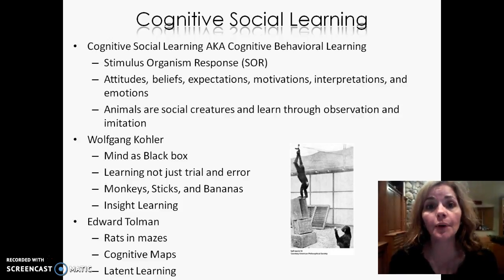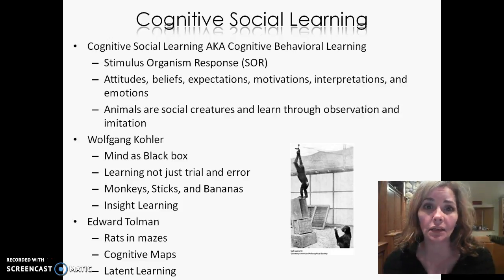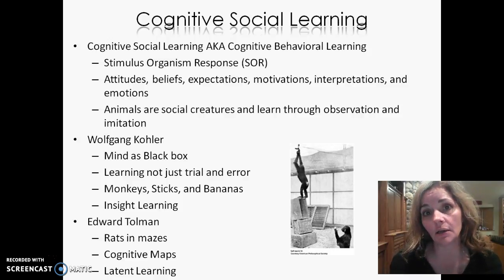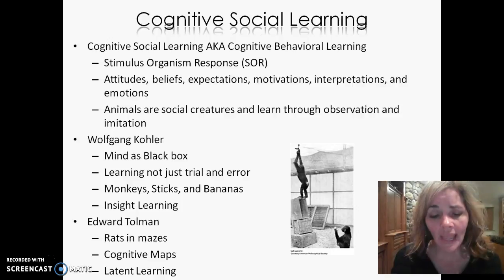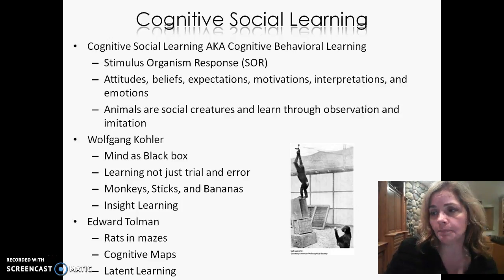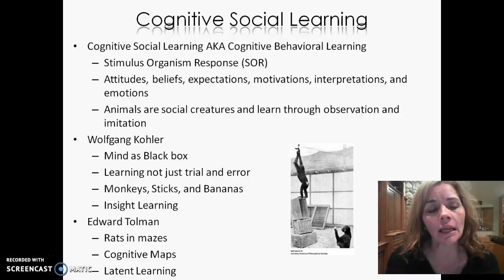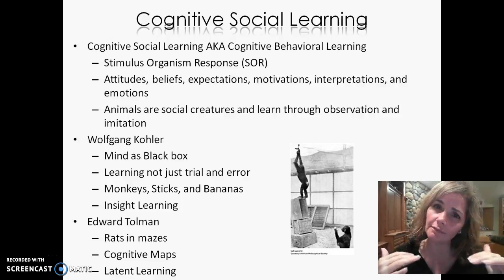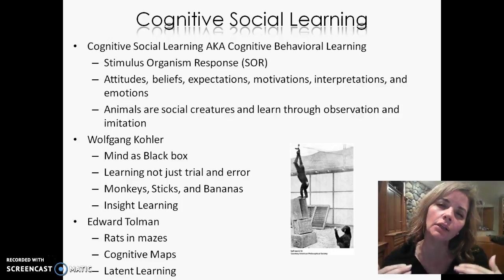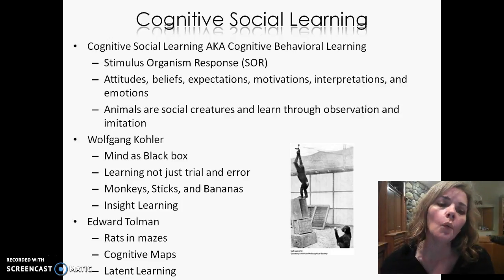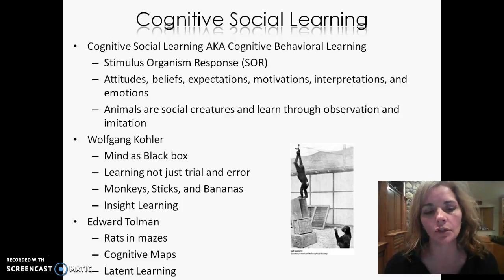And so when you would put the rats that just wandered around and never really solved the maze in a quick manner, if you added cheese as a reinforcement, all of a sudden they were like, boom, lightning through that maze. And so what he determined was they form these cognitive maps. There's this latent hidden learning that's going on. You don't consciously realize that you're learning, but you are in fact learning.